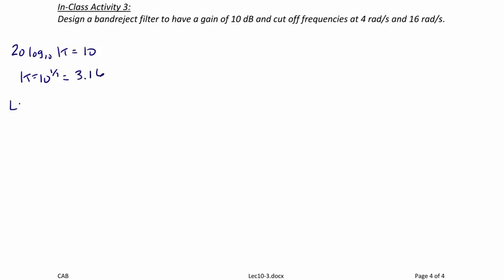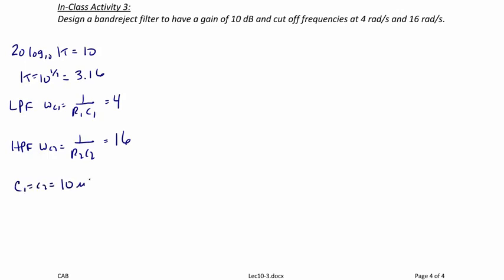For the low pass filter, we have that omega C1 is equal to 1 over R1 C1, and that has to equal 4. For the high pass filter, we have that omega C2 is equal to 1 over R2 C2, and that has to equal 16. So assume that we want all of our capacitors to be 10 microfarads. So if we use 10 microfarads, we'll find that R1 must be equal to 25 kiloohms, and R2 is